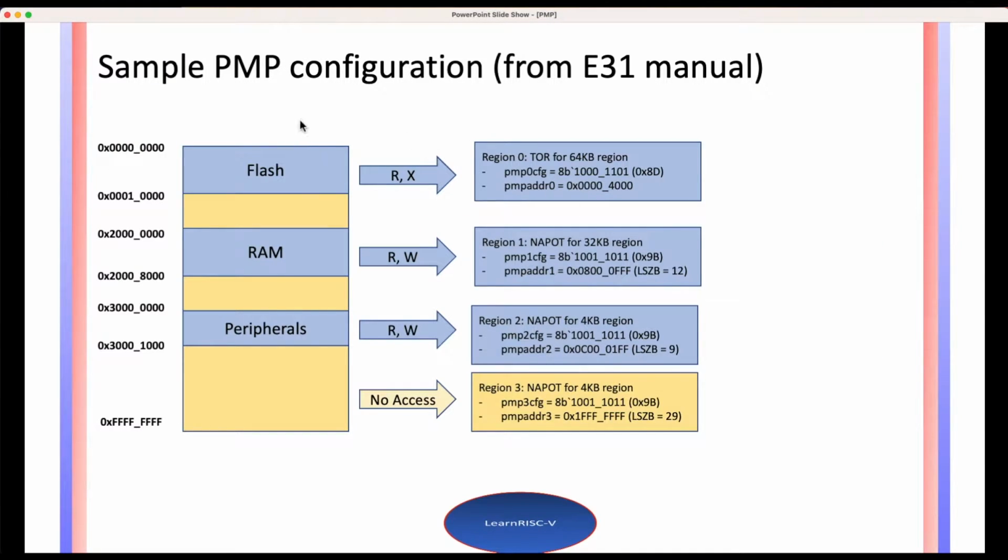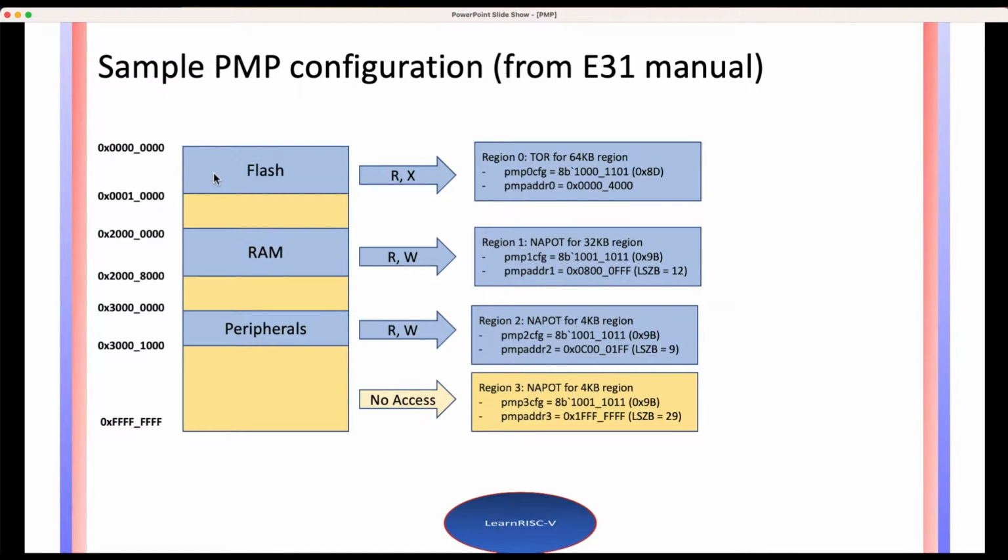let's look into the sample PMP configuration for a given memory map, and this is exactly what is given as an example in the E31 manual, but this memory map does not correspond to the E31 core. This is just a sample memory map which the E31 manual has taken and tried to configure, to help the reader understand better. Okay, so